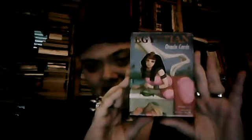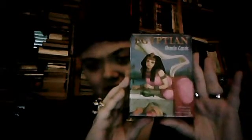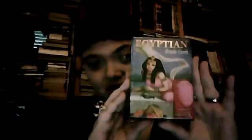And then it's another one I've just gotten, so I haven't taken the shrink wrap off yet. I just got it yesterday and I haven't had time to sit down with it yet. This is it. The Egyptian Oracle cards. It's from Los Scarabeo, and